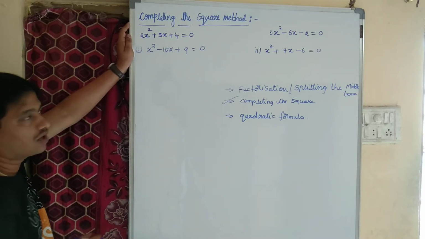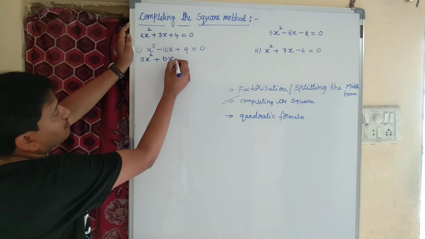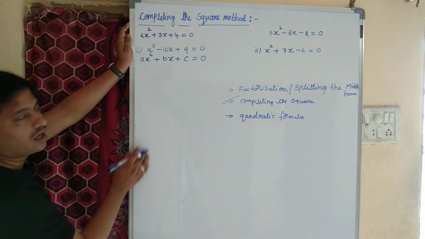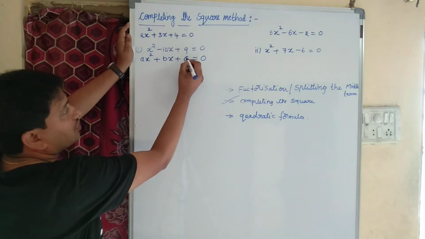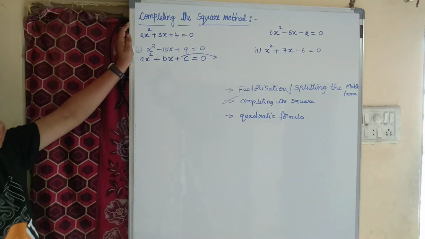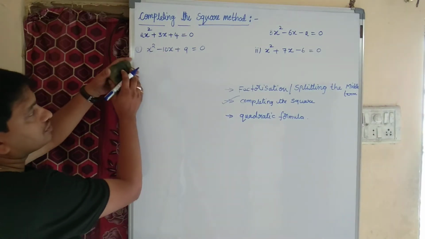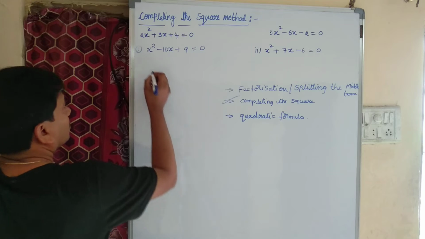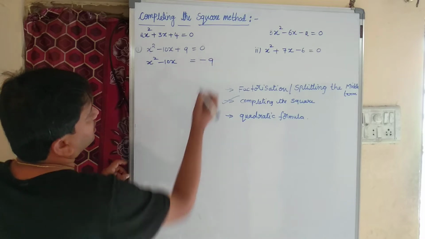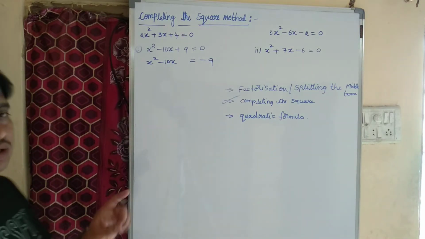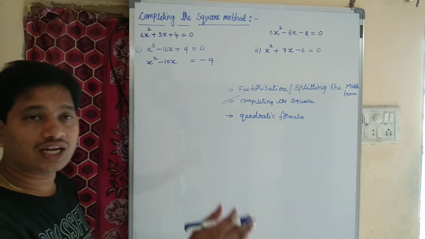Students, step 1, what we need to do. If you observe, the given quadratic equation is in the form of ax square plus bx plus c equal to 0, which is called the standard form of the quadratic equation. Whatever the constant is there, we need to transpose it towards the right hand side. As the constant here is 9, transpose 9 towards the right hand side. So x square minus 10x plus 9, you transpose, this will become minus 9. Is it clear? Step 1 is we need to transpose the constant towards the right hand side. So plus 9 we have, if we transpose it will become minus 9.